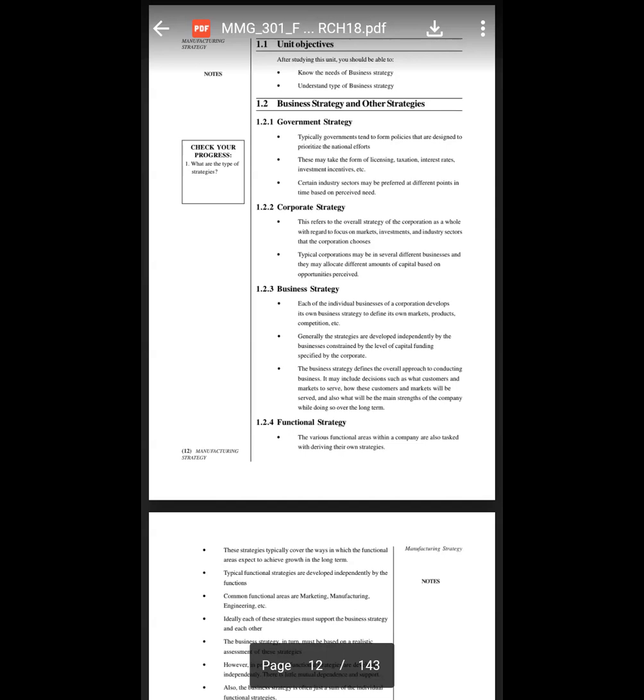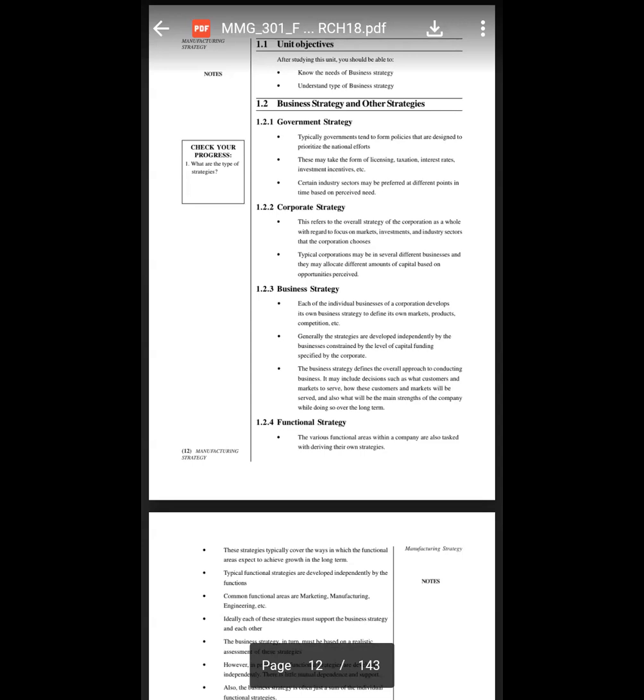Below poverty line means they are unable to get two-time food as well. They are facing the problem of malnutrition and other things. Why is this happening? Just because they are not in a good position to survive, because their local authorities are not giving proper focus. So this is called a failure of government strategy. This is called a failure of government decisions which are taken by the government but not